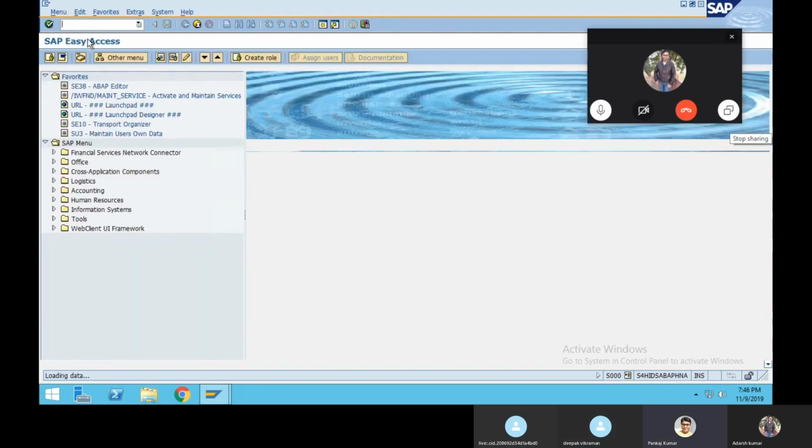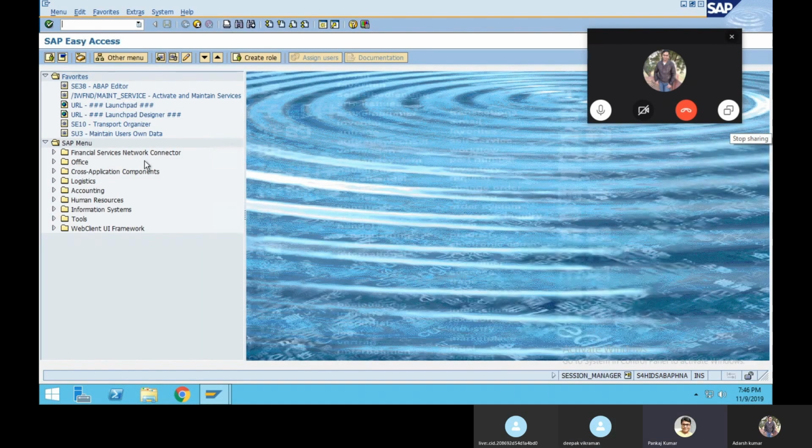This is our login pad, and with the help of this we can log in to our system.